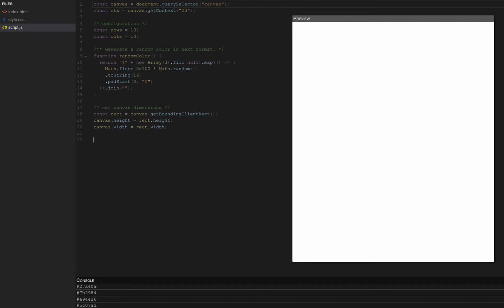Okay, and now let's do the rectangle. Let's get into the code. So the rectangle width is going to be the canvas width divided by the number of columns, and the rectangle height, same thing. Okay, so now we'll do i is 0, i less than rows, ++i, j is 0, j less than cols, ++j. Okay, and so to draw a rectangle, we do context.beginPath,